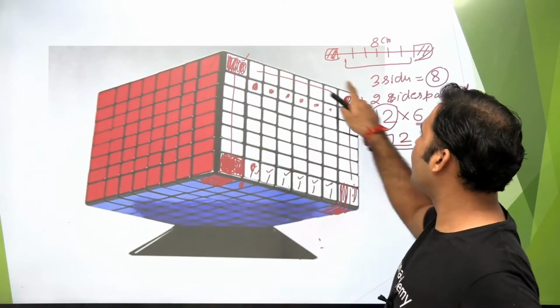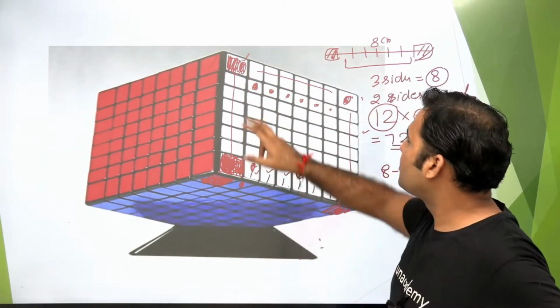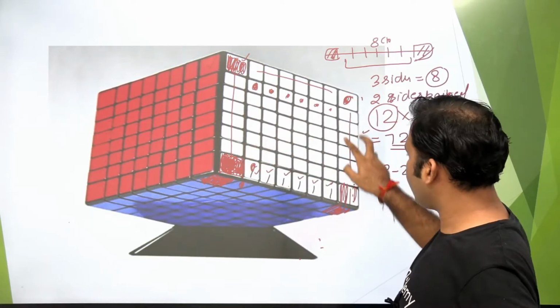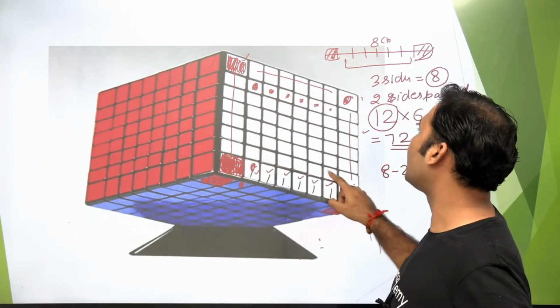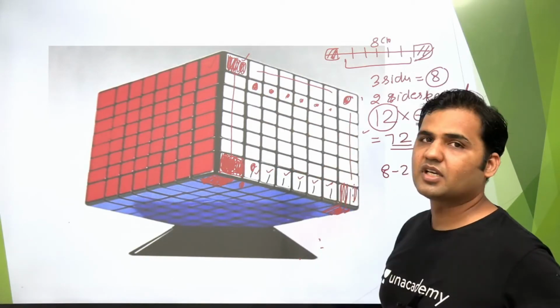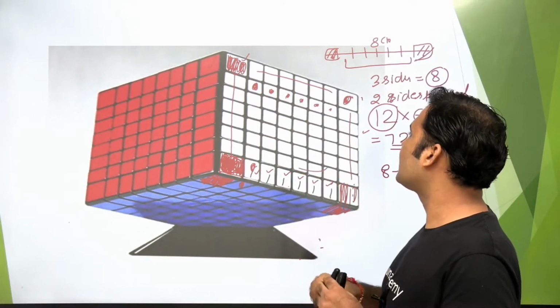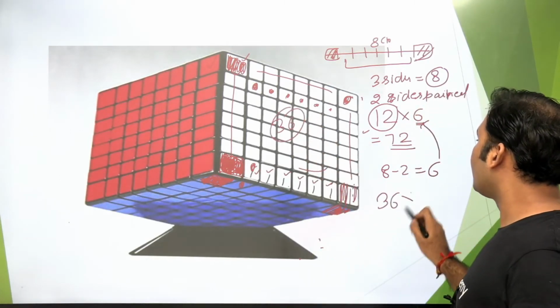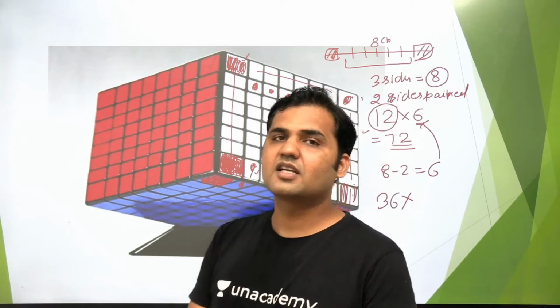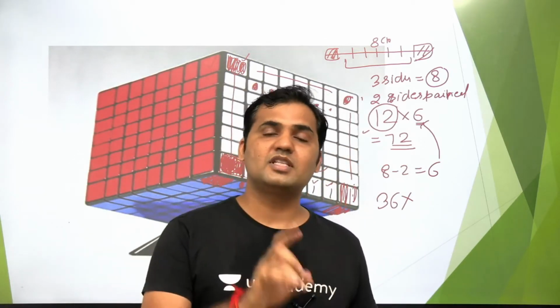ओके, टोटल क्यूब हमारा 8 इंटू 8 का था. सो उसमें से एक एज यहां से चली गई, एक एज यहां से चली गई, एक एज यहां से, एक एज यहां से, तो अंदर जो फेस बचा वो 6 इंटू 6 का बचा. सो 6 इंटू 6 पे टोटल कितने क्यूब्स आएंगे? 36. और ये 36 जो क्यूब्स आए टोटल, हर सरफेस के ऊपर ऐसे 36 फेसेस होंगे जिनका एक ही साइड